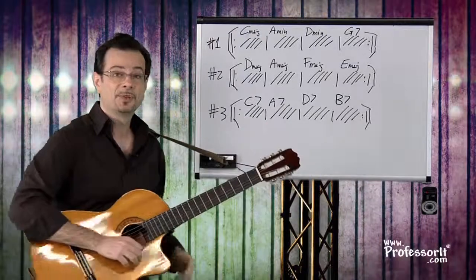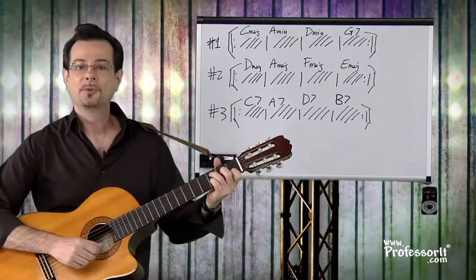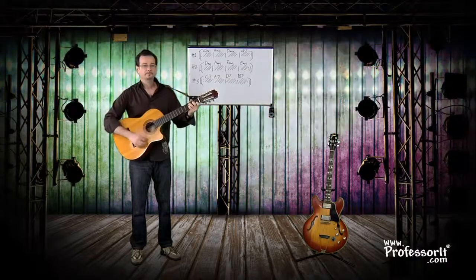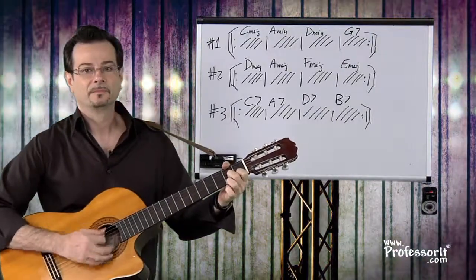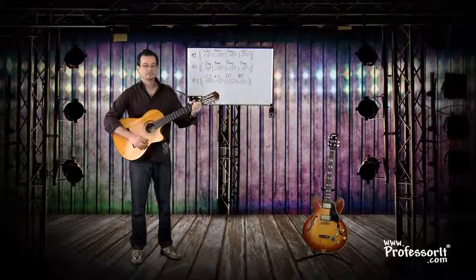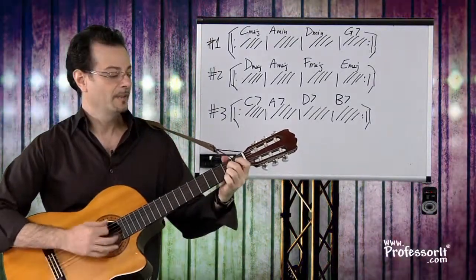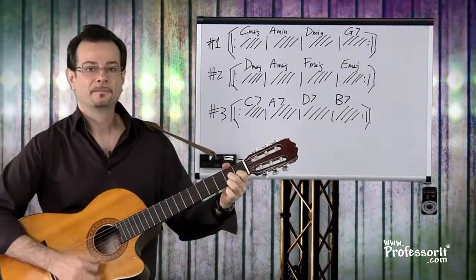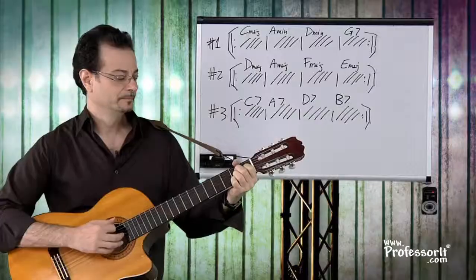Progression number 3 now. Get ready. Here we go. And 1, 2, 3, and 4, and C7. And A7. D7. B7. Back to C7. A7. D7, B7. One more time. C7,